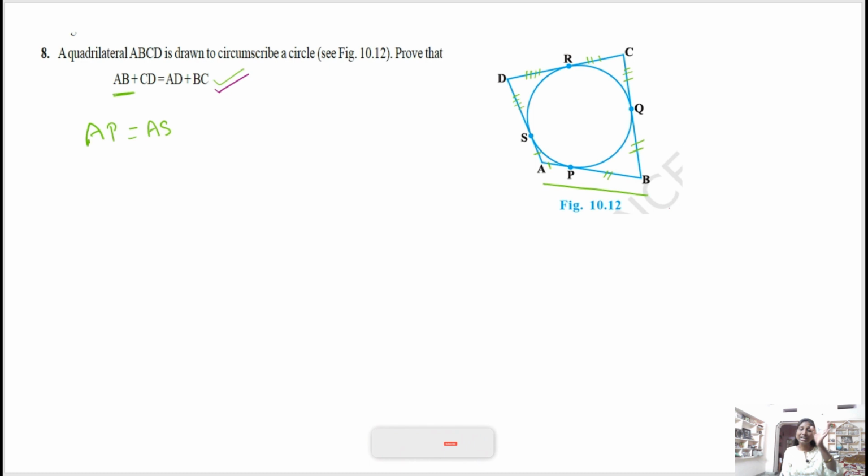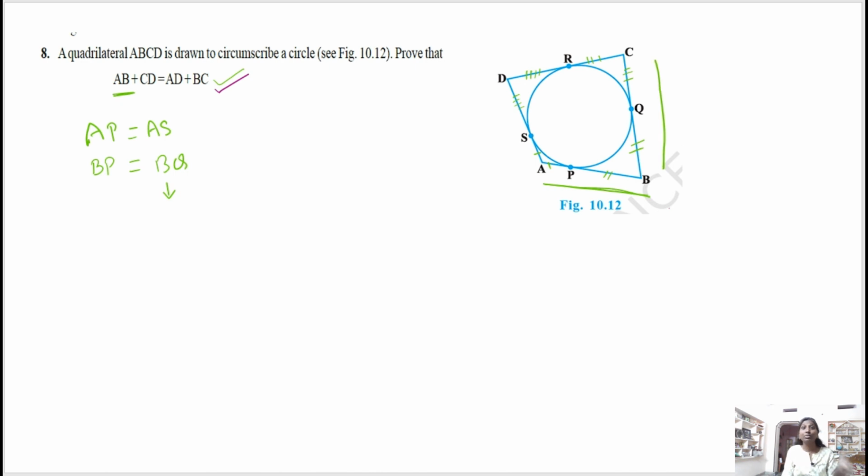Okay, after writing the equations we are going to add those equations. So we have to complete AB here. So here BP is equal to BQ. Okay, but I will write BP is equal to BQ only. If I write BQ is equal to BP, then it will be difficult. So we have to complete this line. So I will write here BP is equal to BQ. Now from here you see, I have already written BQ. Now I will complete this line.